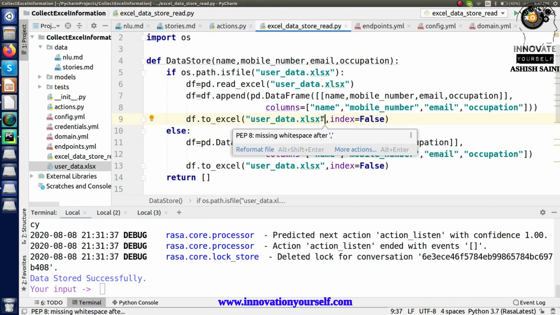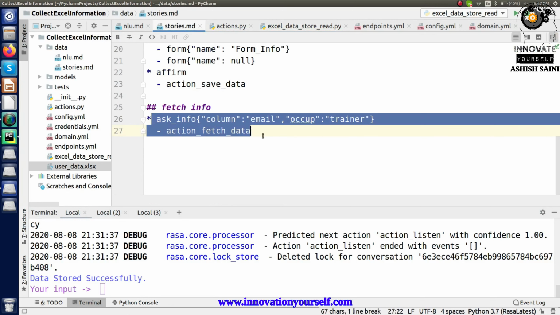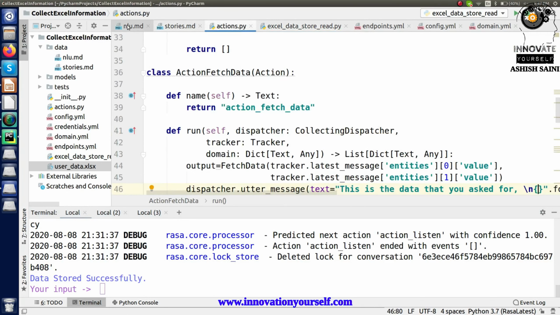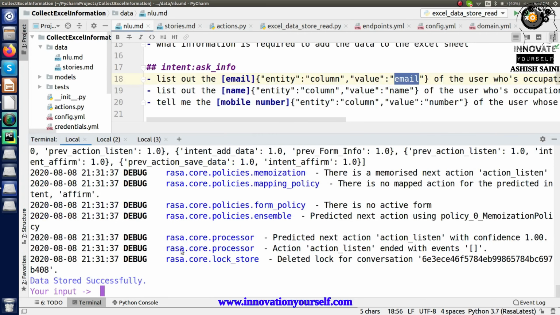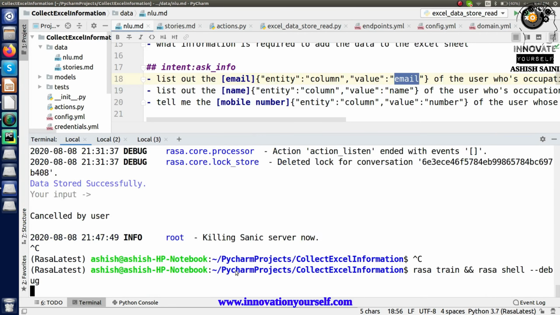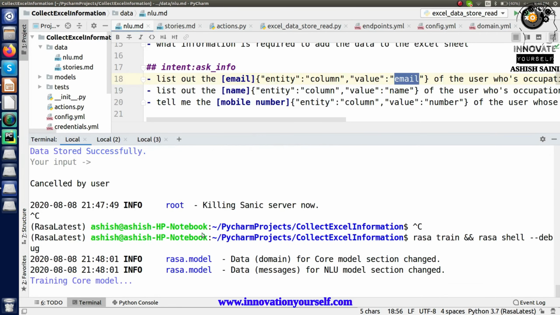So this is how you're going to do it. So let's just do and check up to this point. So for that I have already added this, I have added everything, right? Now just train it and test it again.